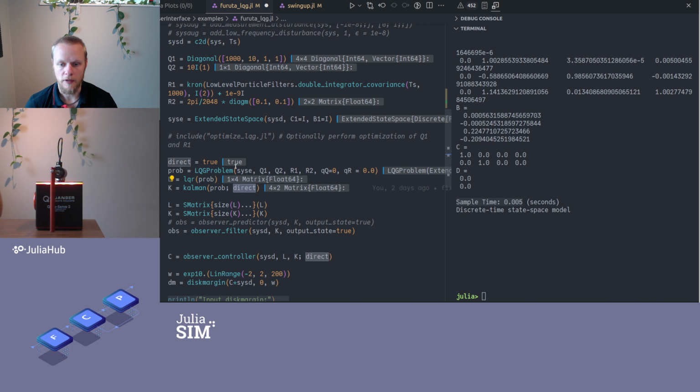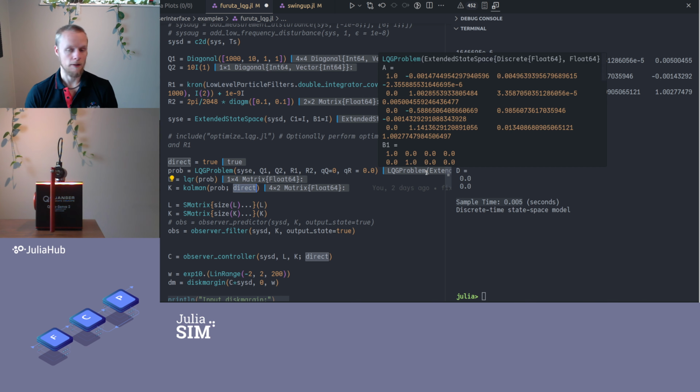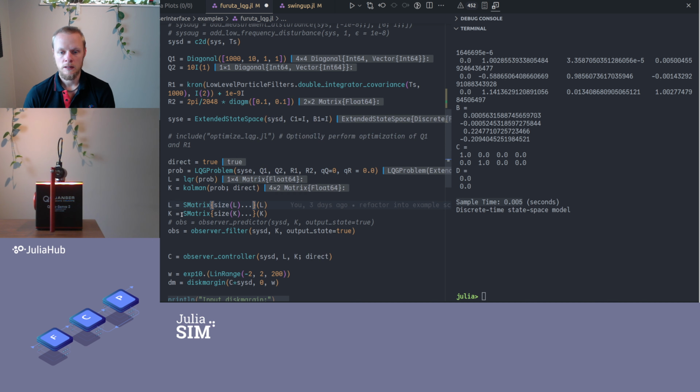And I say direct. That's because I want my resulting controller to have a direct term. So it has a non-zero D matrix. That gives me 1 sample less delay in the control loop. So that's usually beneficial. Then I take my 2 matrices, L and K, feedback gain and Kalman gain,